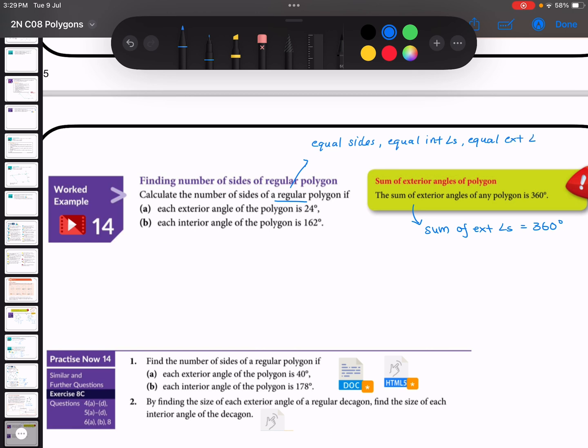Let's go for them first. Exterior angle of a polygon. The exterior angle is 24. Find the number of sides. So each angle is 24 degrees. I multiply it by the number of sides, which is n. I don't use n, I use number. Must give you 360. So number of sides